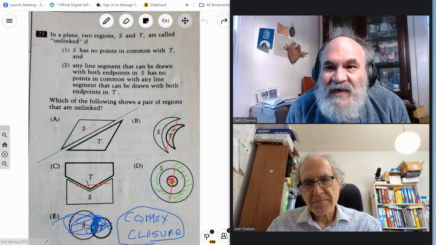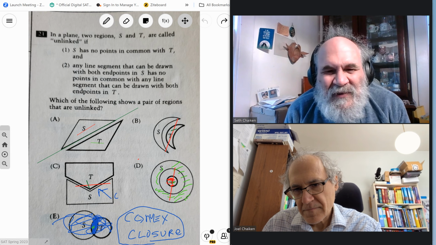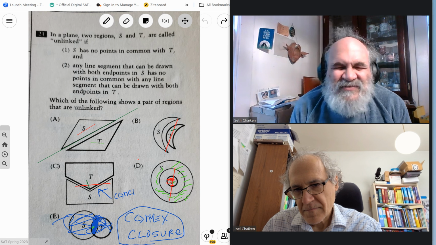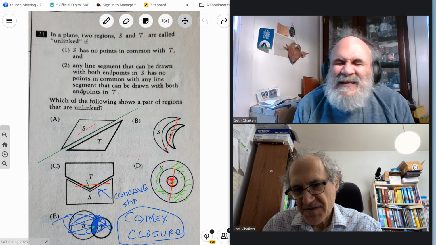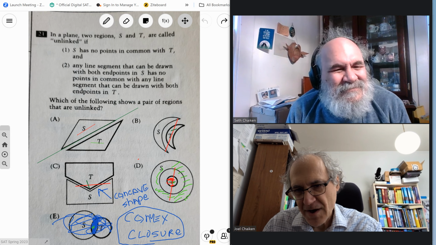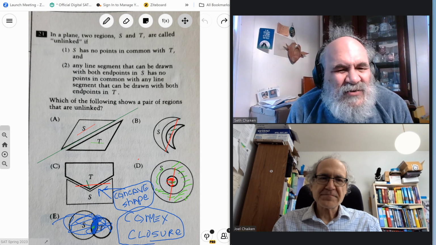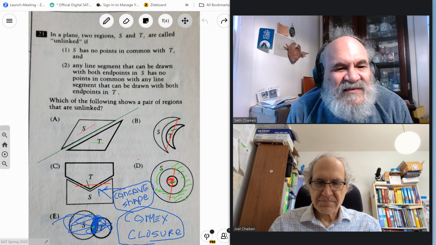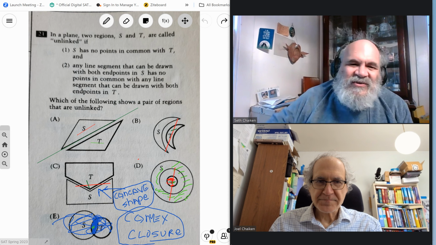So that line segment is included in the convex closure, and that line segment happens to intersect the other set. And the one that goes in is a concave shape, right? Yeah. So S, the one that goes in, is a non-convex set. Its convex closure,